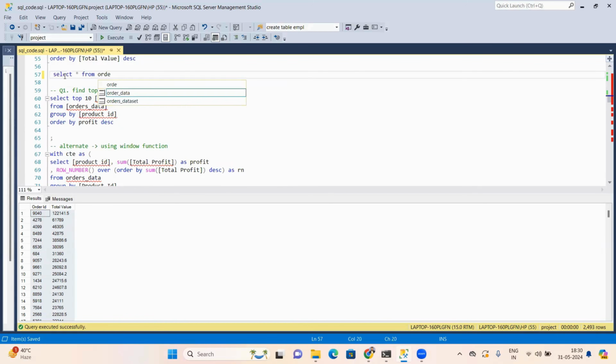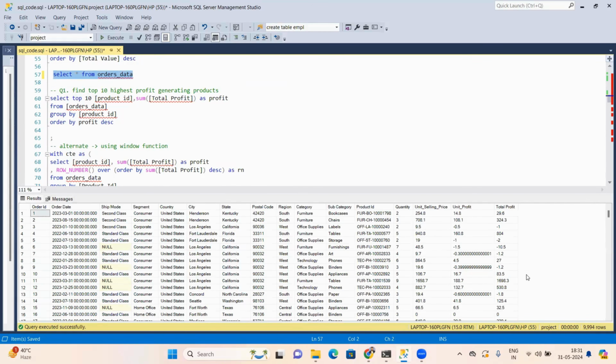So I will start from orders data, right? We already have a column of unit profit and the quantity. By multiplying these two, I have already calculated total profit. So what I will do is take the product ID and the sum of total profit as profit, from the table orders_data, group by